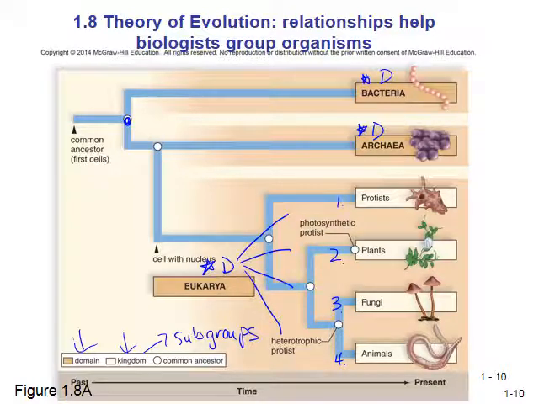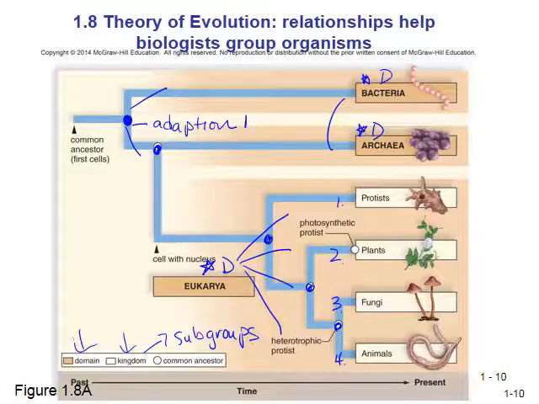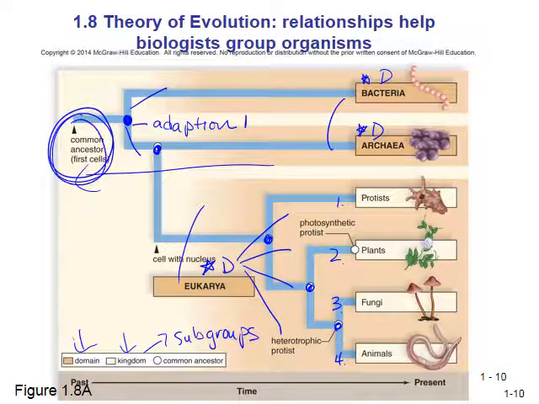And these bridge points here, these little white dots, are telling you that there was some adaptation that caused these organisms to basically split into separate groups. So here we had adaptation 1, here we had some other adaptation, then there's another, then there's another, then there's another. So all we're saying is that bacteria and archaea have some similar features along with eukarya, that they had to have all had a common ancestor at some point.